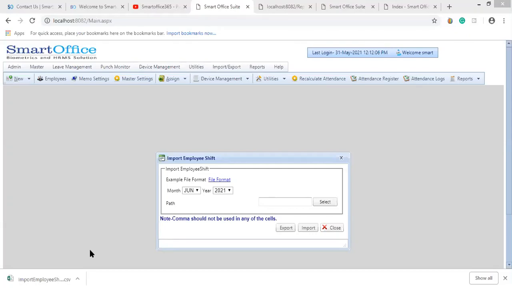So I repeat, whenever you are not sure about your employee shift, better you can do this at the end of the month also. At the end of the month, you can prepare the shift sheet, and you can just go to the software. I already have the file format with me, and I need to save it, and I keep the file open, and I select the file path where it is.